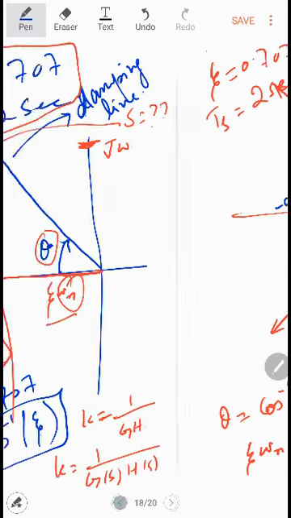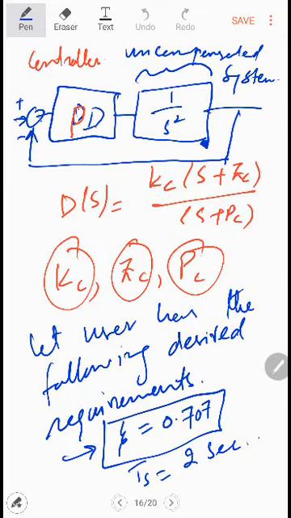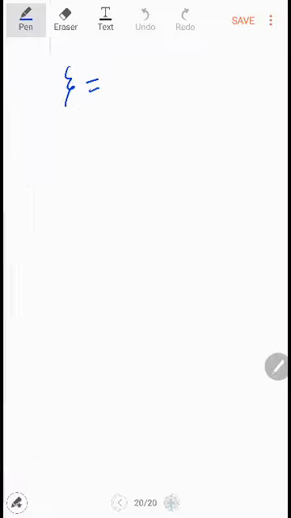So let us continue with our case. Coming back to the original question, because I do not want to deviate from it: we have the uncompensated system, then we are using the controller. So this is the controller, and these are the user specifications which are given. We are going to find the values of Kc, Zc, Pc, and we have to design this from the system. So how to design this one?